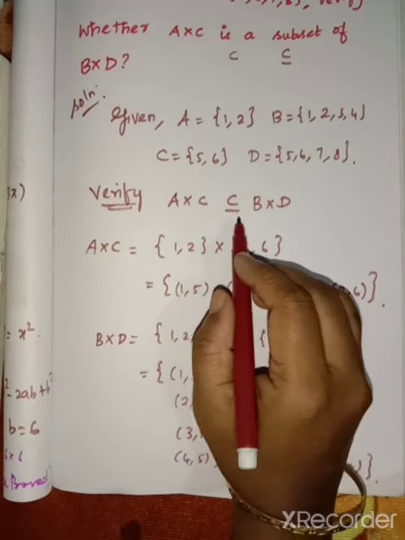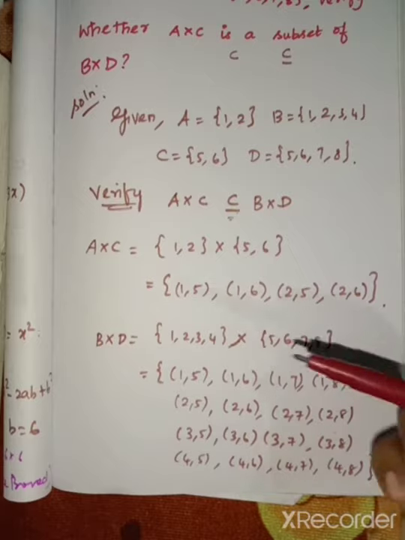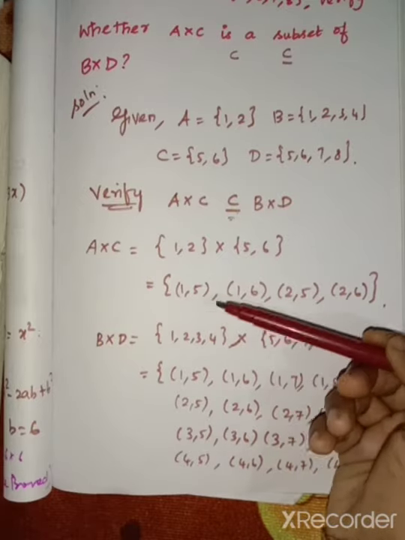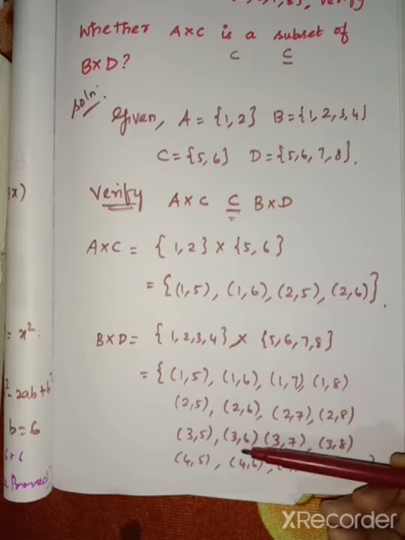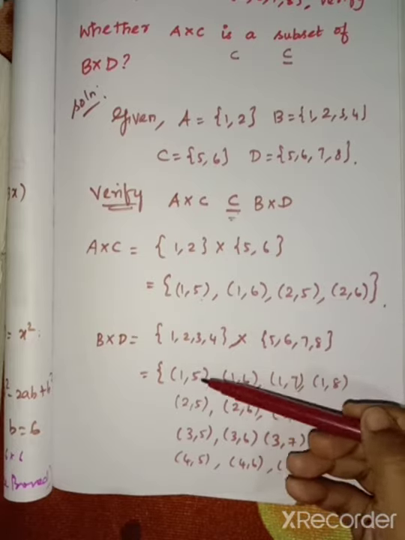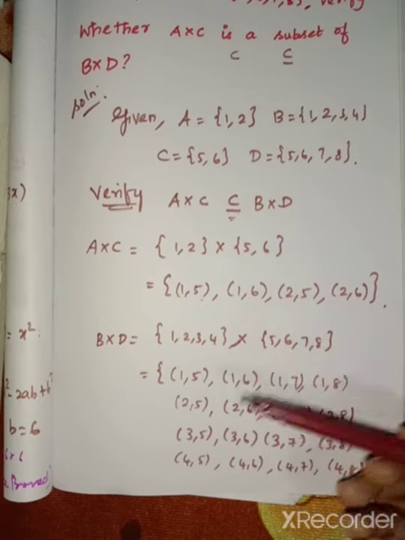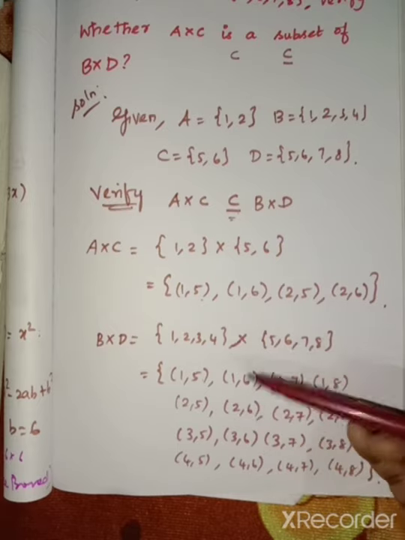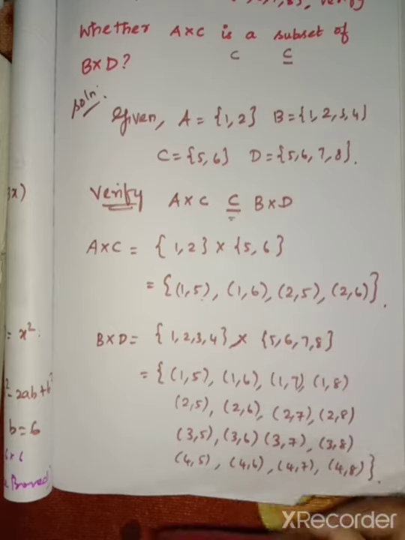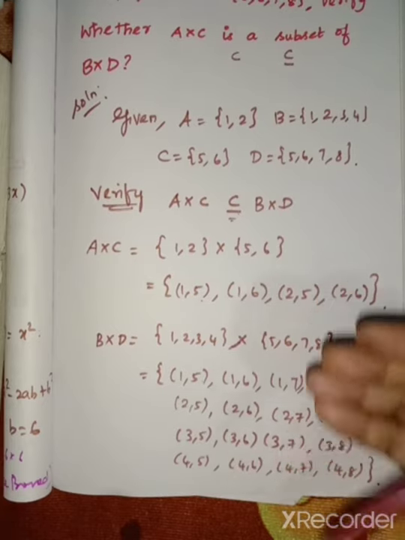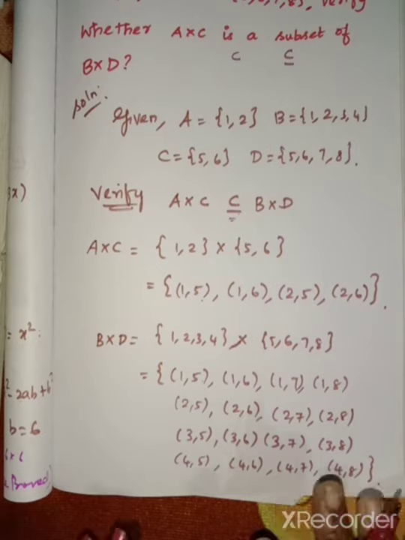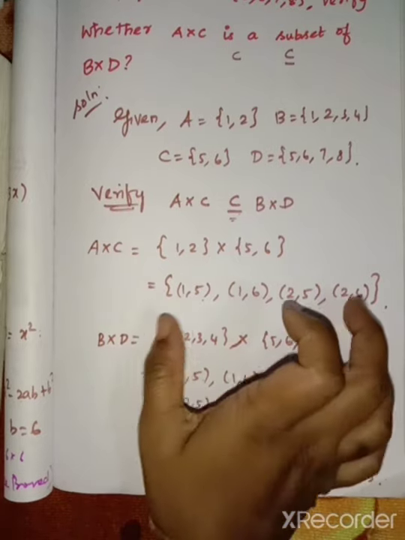We want to verify that it is a subset or not. So for that we have to check the ordered pairs, that is A cross C. All the pair elements are in the B cross D. So 1, 5 is there, 1, 6 is there, 2, 5, 2, 6. So all the elements are in the B cross D. If it is, it means it is a proper subset. Then we want to check it is less than, that is 1. If you have, it means it is equal or greater than according to the first element.